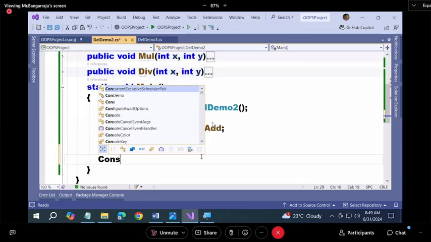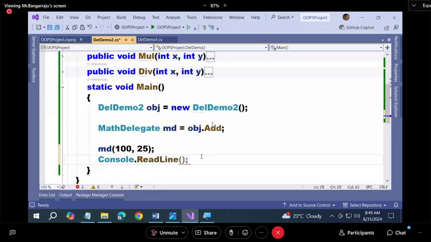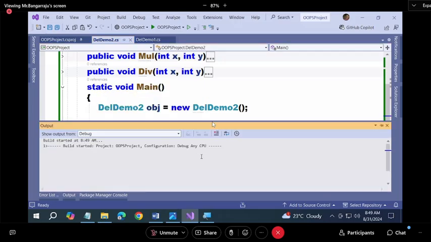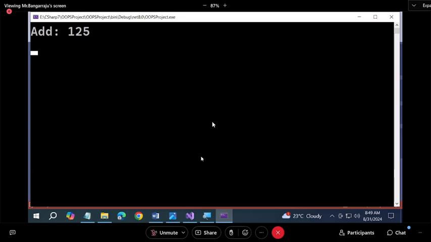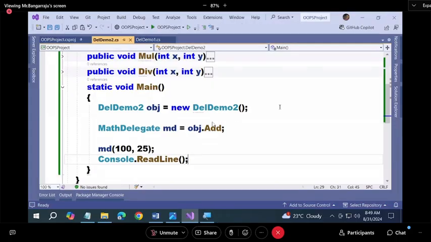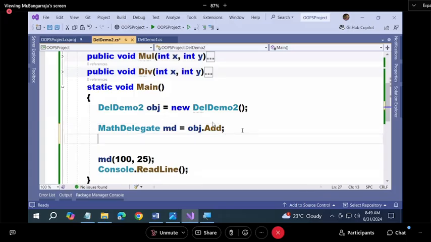Read line is missing. Nothing new here. What is this? Unicast. One method bound with one delegate. Now what is multicast? Multicast means multiple methods binding with one delegate. You can bind more than one method also with the delegate. How, sir? MD